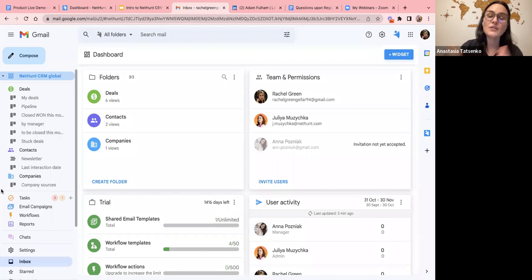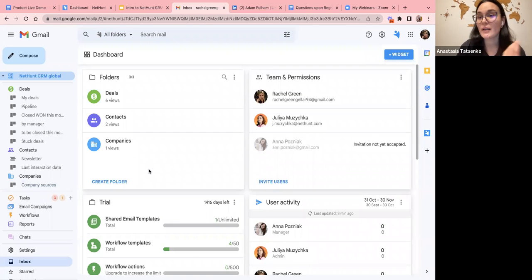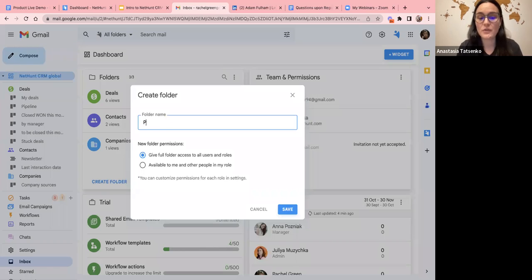Okay, so let's start with the core functionality where you keep all of your data. As I said, we have the folders where you keep all of the records of your business entities. I will be showing this on the example of our default structure, which is deals, contacts, and companies. But again, I can create another one. Let's say I also want to deal with projects. And so I can just, on the go, create the folder projects,